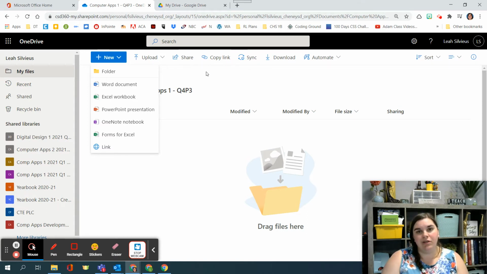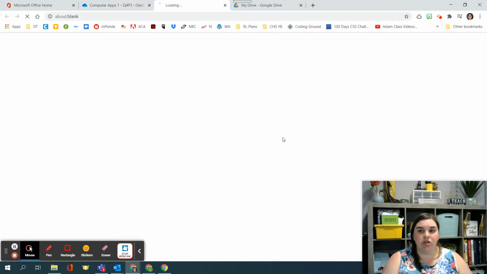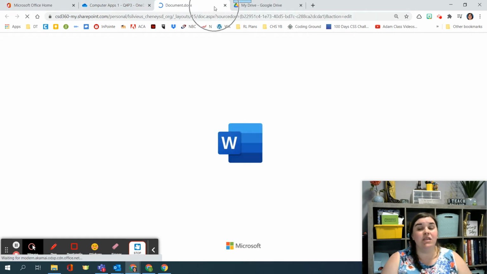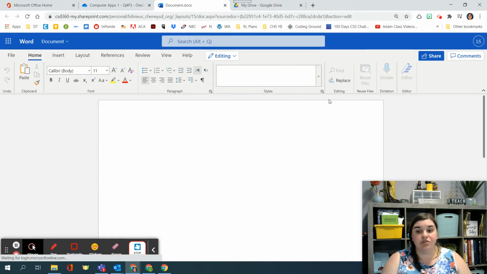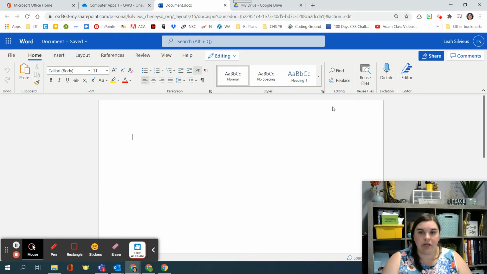So we're going to keep opening the same document and making changes and edits to it like a long report. So we're going to create a new Word document in here. That's going to open up another tab, and it's going to show us the 365 version of Word. Now, the 365 version of Word has a lot of the features, but does not have all the tabs or